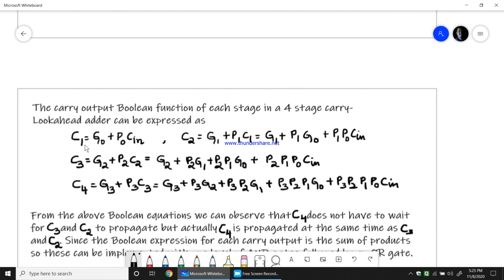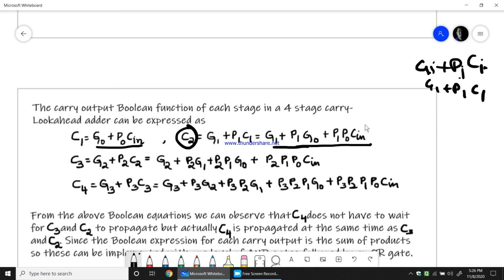See, when I say carry 1, with that equation Gi plus Pi Ci whatever we have, for C1, G0 plus P0 Cin is the equation. G0 is G0, P0 and Ci will be the first Cin what we get to generate the next carry C1. To generate the next carry C2, we will have G1 plus P1 C1. Right? Ci is C1. So G1, P1, C1. Now what is C1? C1 is nothing but G0 plus P0 Cin. I'll substitute that and I'll get this. Now can you see C2 with this equation is completely dependent on Cin.